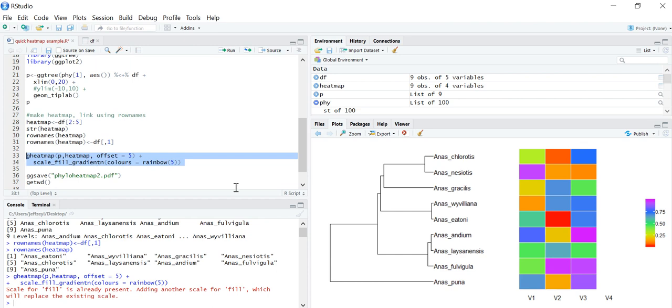And then it nicely just adds your heat map to your phylogeny, maintaining the species rows with the data. And then you can save